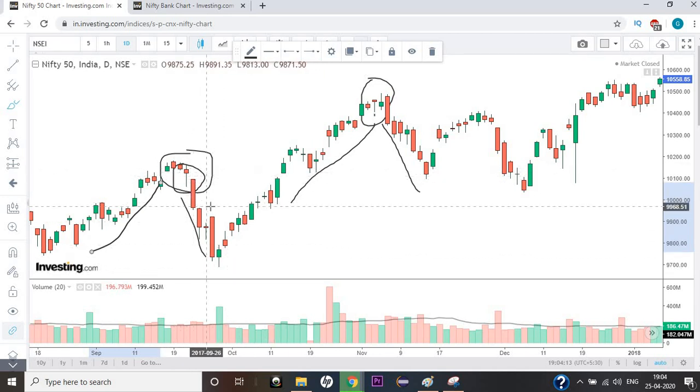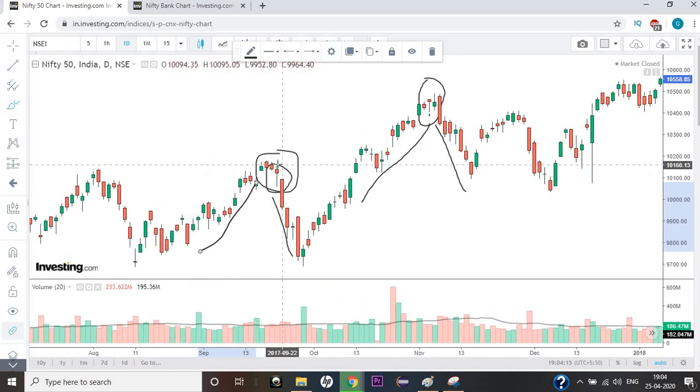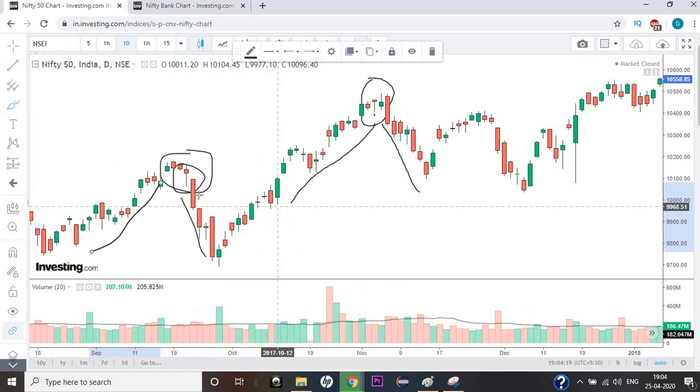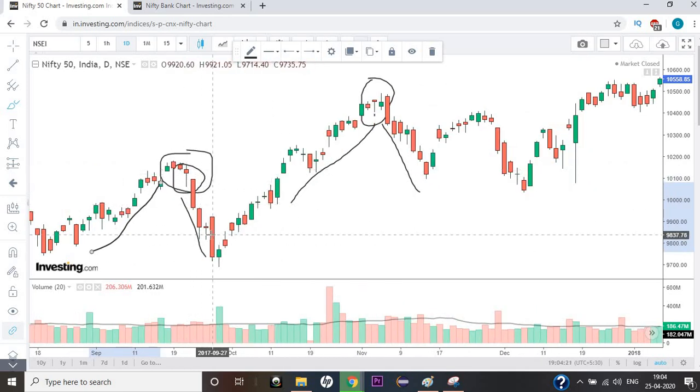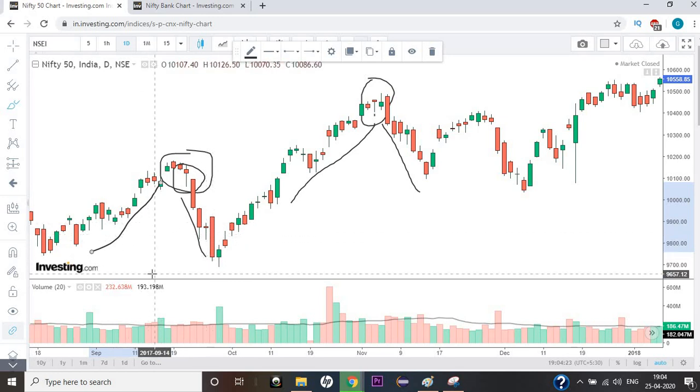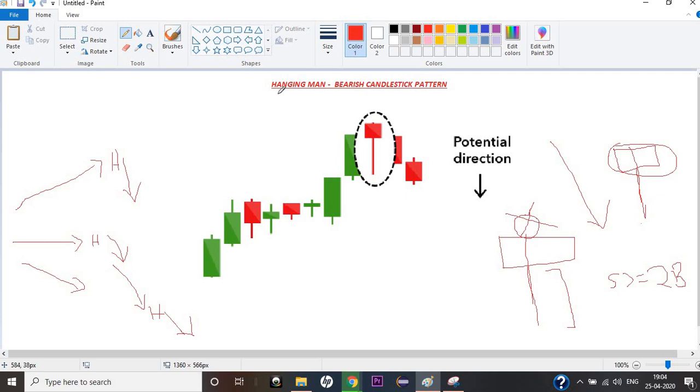So guys, don't bend your rules by seeing a similar kind of pattern and concluding, okay, it's going downward. Just analyze why it was going downwards, make sure of that, and after that decide which rules you are going to trade by, right? So I hope this has given you a lot of insight about this suicide candlestick pattern, or hanging man candlestick pattern.